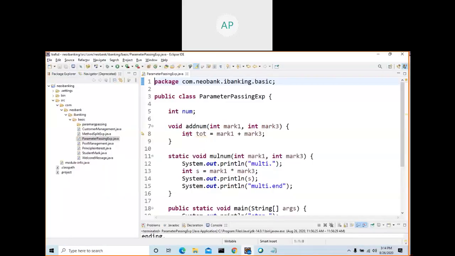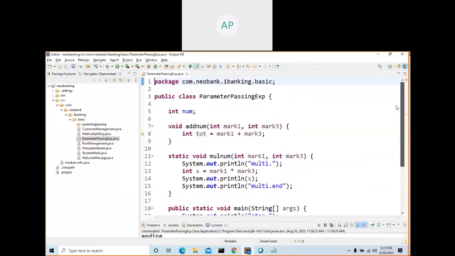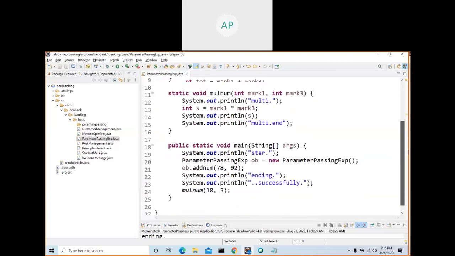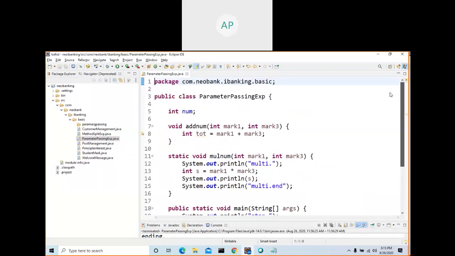So go here, and this is the example that we saw in our section 4. Now we are going to see how to pass parameters to a method in another class. One and the same, nothing is going to be different. So if we want to do some example for this, then we need to create two classes.